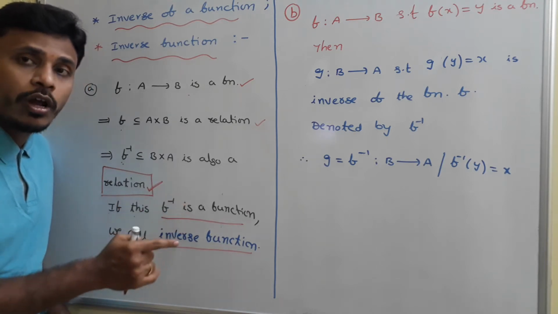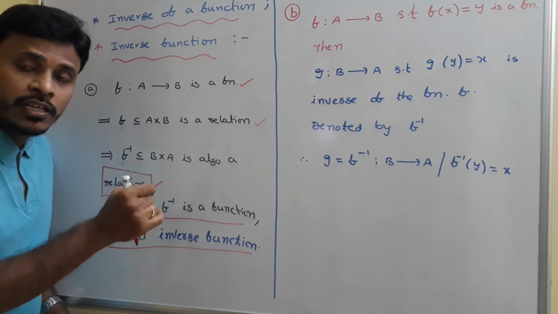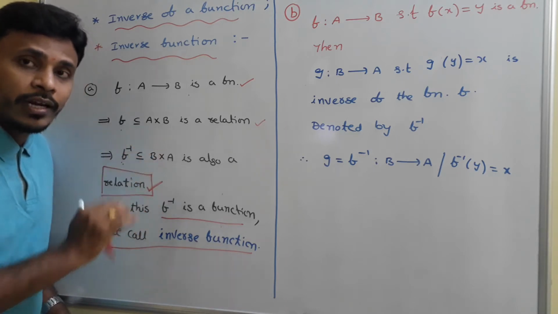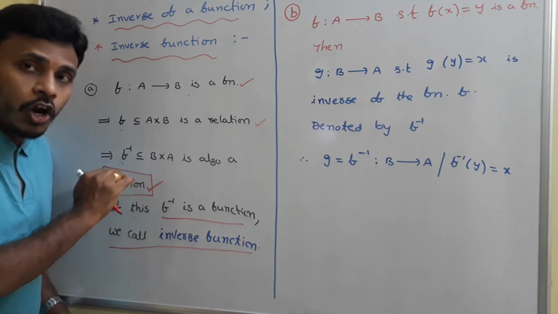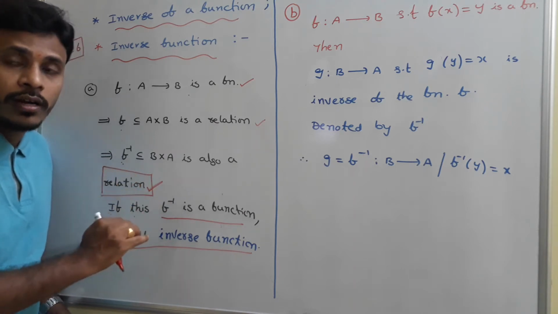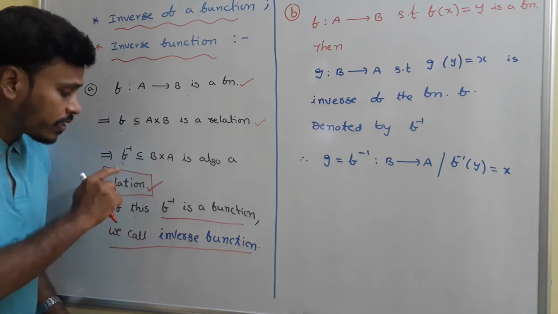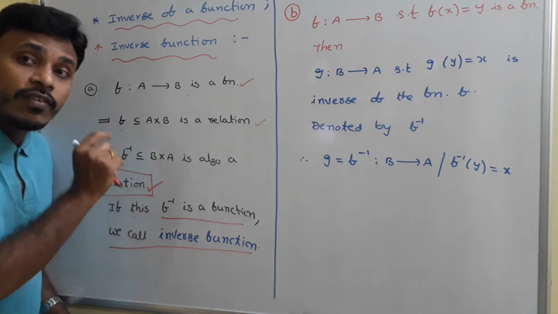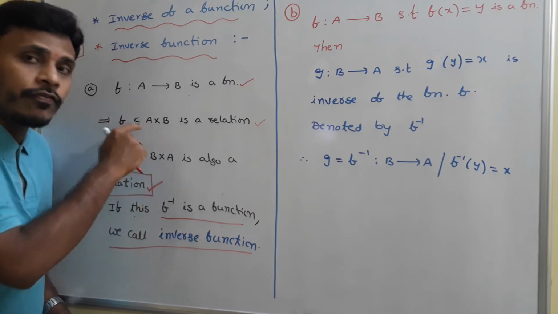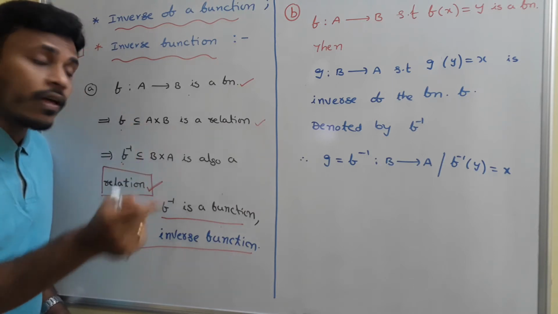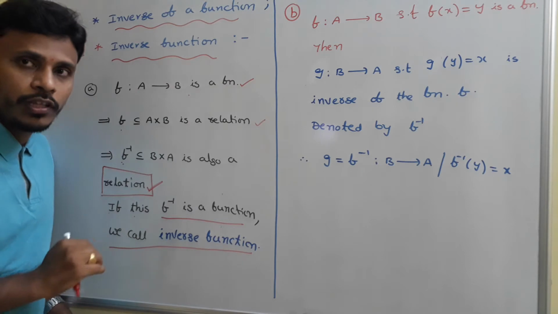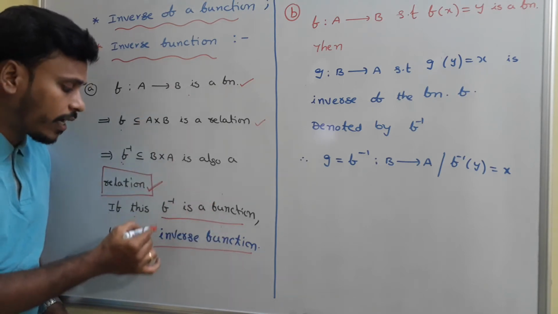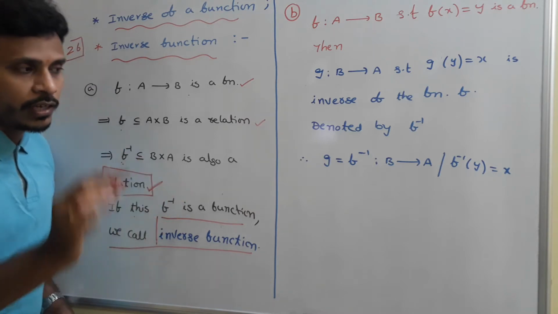If it becomes a function, we call it inverse function. I think you are all aware that every relation need not be a function, right? F inverse is a relation, up to that it is very clear. But we are not clear whether it is a function or not. We need to check. This f inverse is a relation, and we call it the inverse of the relation f or the inverse of the function f. You may say it in both ways. If that f inverse is again a function, then we call that an inverse function. I think that is very clear.